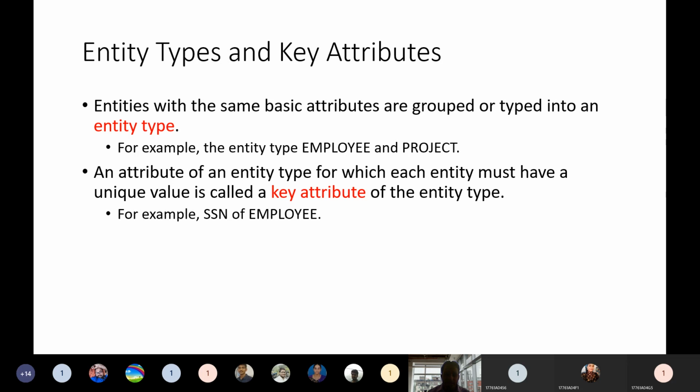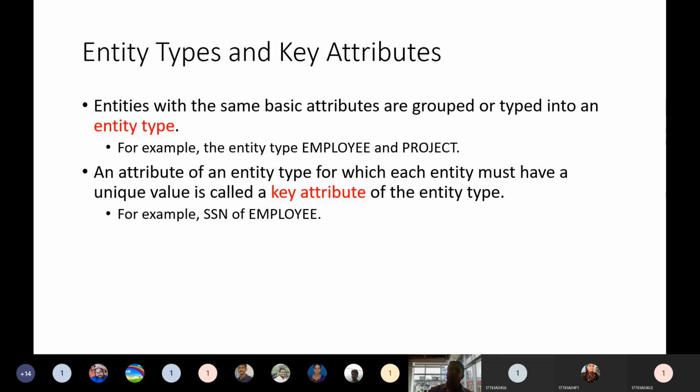The values within that column should not repeat. They should be unique. In order to identify each entity uniquely, we should maintain at least one column that is unique for every record in that relation.